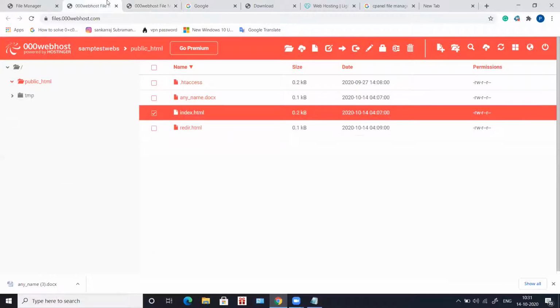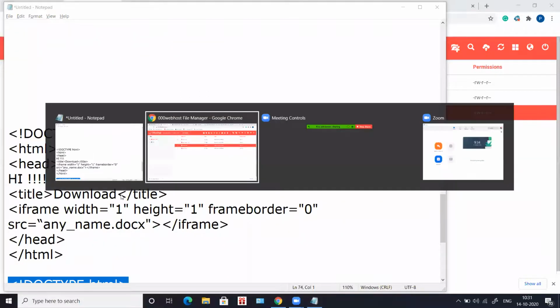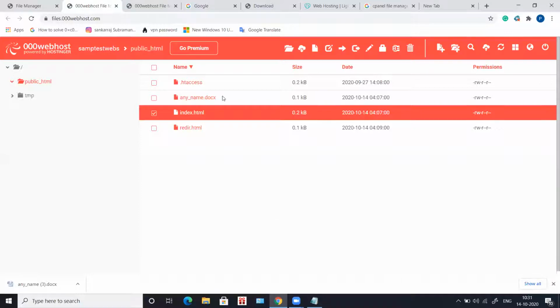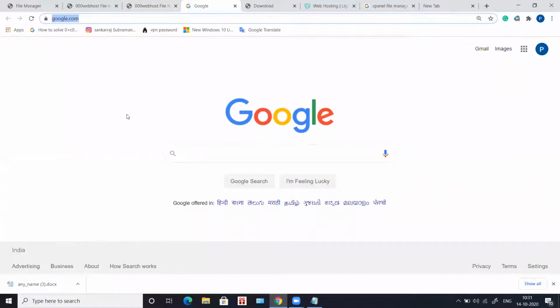So this is automatic download and URL redirection. Apart from that, I'll share these two codes, and you can also try this: try creating a pop-up. Whenever someone tries accessing your website, try creating a pop-up which keeps appearing, even after clicking OK. The pop-up keeps appearing. So try a script for that. That is also 4 to 5 lines of code. And if you're getting an output, well and good. You can share that with us in the Skype group. That is your assignment for today.